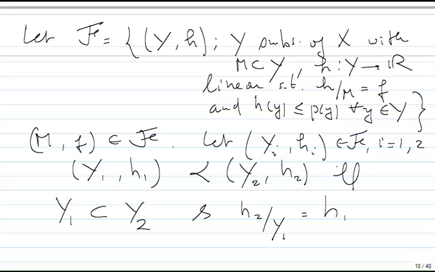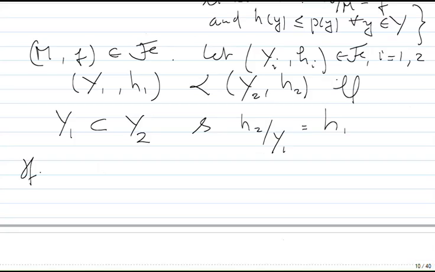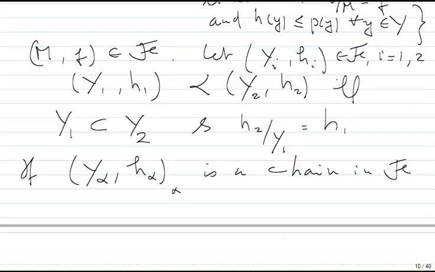So h2 is an extension of h1. Okay? It's very easy to see that if (y alpha, h alpha) is a chain in F, okay, so it's a totally ordered family,